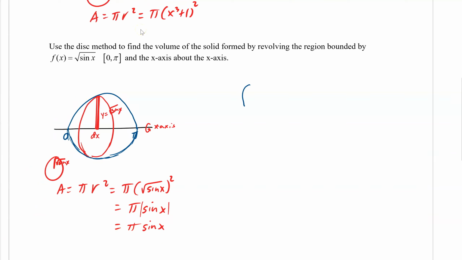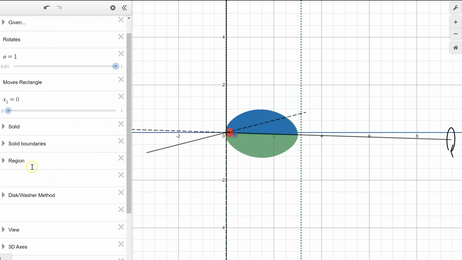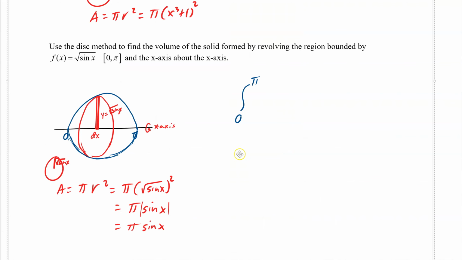And so now we have the integral from start to finish, which would be 0 to pi. And so that's going to give us all of our circles. So hopefully you can picture that circle again going through there from 0 to pi like this. It just fills it in from 0 to pi. So those x values that we plug in will give the areas and the volumes actually of each of these disks. And then we add them up with the integral. So our area, pi sine x, and then what's the thickness of the disk? dx. So now we can add up all of those volumes using our calculator,